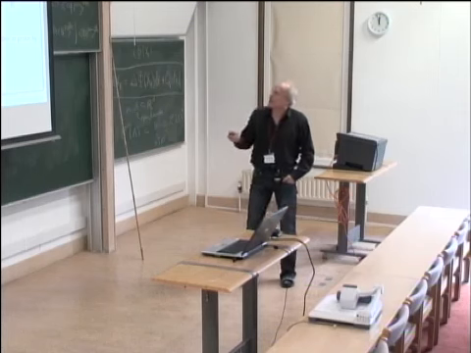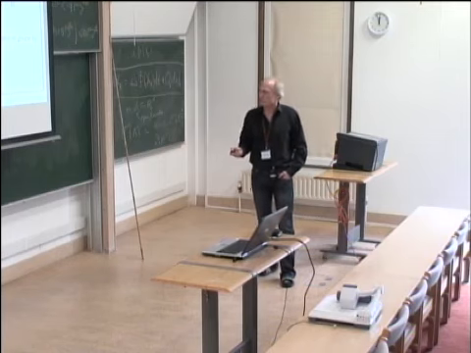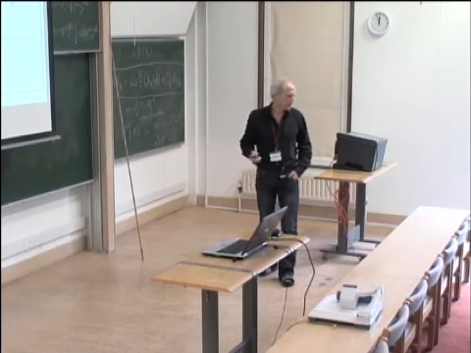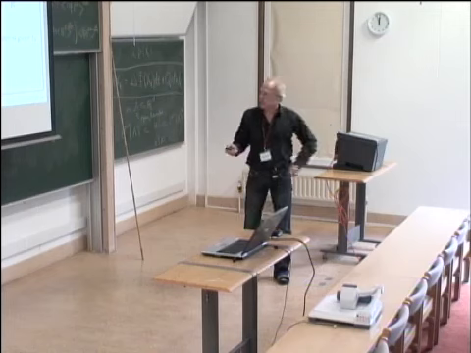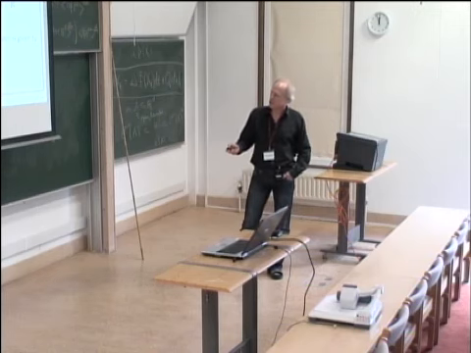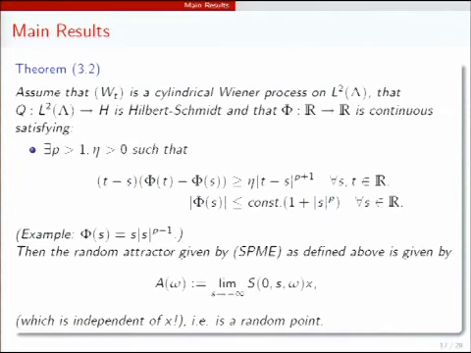Okay, so in this case, in the deterministic case, you can calculate the random attractor, and in fact, it's one random point only. So what you do there is very simple, and you don't need the whole machinery. You just calculate this limit. So you solve the equation from a negative s to 0, for fixed omega, with initial condition x. And then you can prove that when s goes to infinity, this is a Cauchy sequence in H minus 1. And the limit does not depend on the initial point.